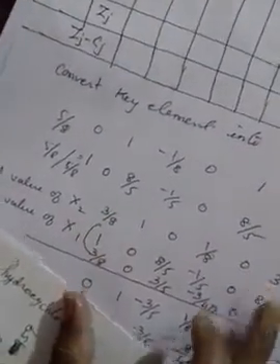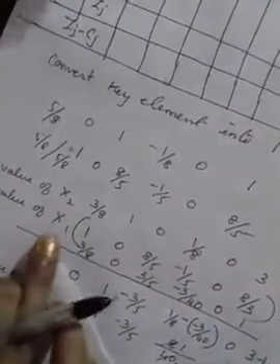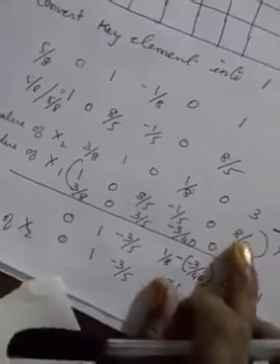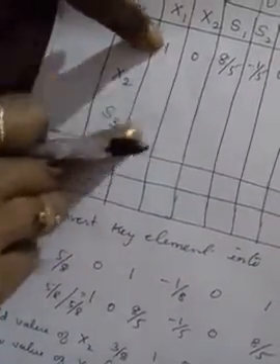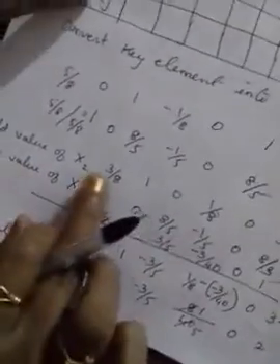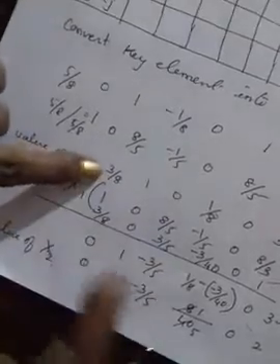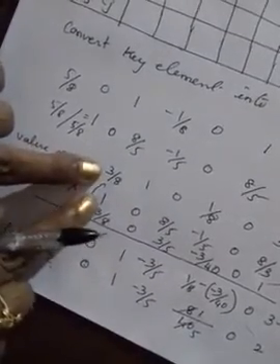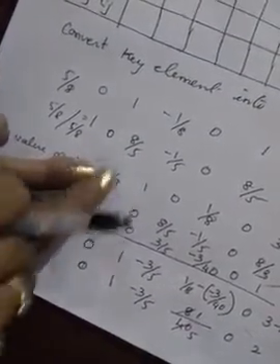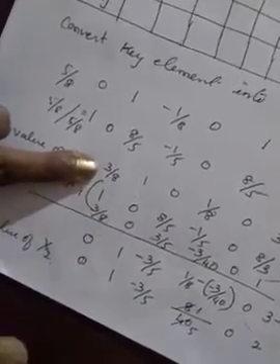Okay, I have done the calculation here. So the old value I took here, and the new value of x1. This value of x1 I have written here. Now apart from this key element, the other elements we have to convert into 0, isn't it? So the element is here, 3 by 8. We have to make it into 0, in the sense, if we subtract 3 by 8, then we will get 0, isn't it?